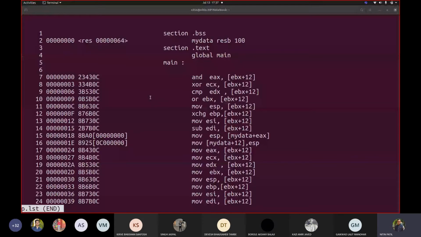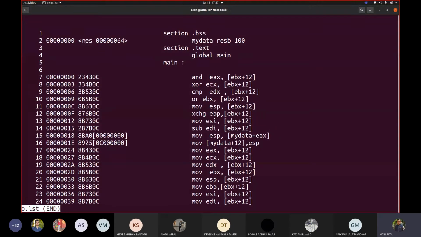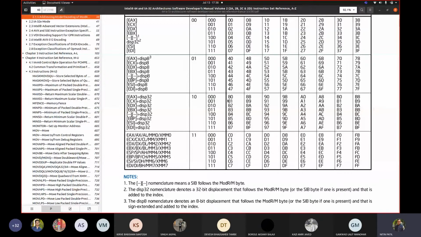Because when I consider this my data variable, it will have an address like this. So how many bytes? 1, 2, 3, 4. So this is a 32-bit value, because if I take 10 as 4 bits, 4 plus 4 plus 4, 8 times, this is 32. That's why my data is treated as a 32-bit value along with EX. So whether you write my data plus EX or EX plus my data, it will not matter anymore.